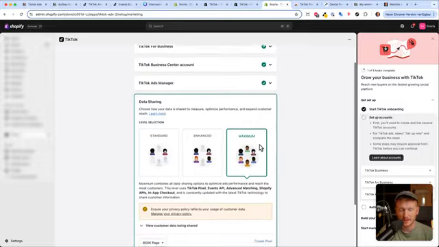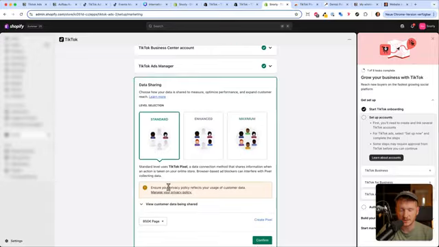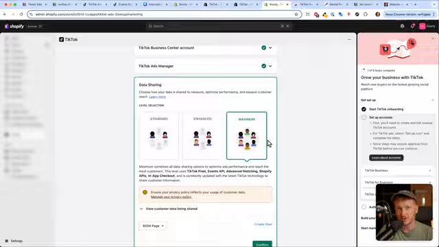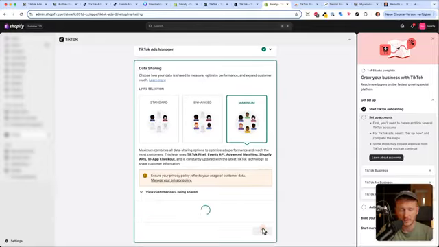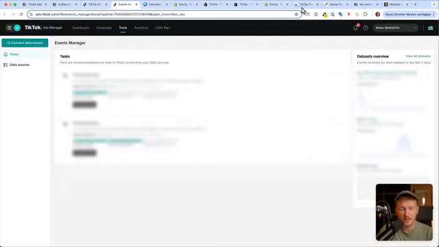And down here, you need to select how much data you want to share with TikTok. So please talk to your data policy guy. It is highly depending on your privacy policy. But if you choose standard, the TikTok Pixel will get less data. If you choose maximum, the TikTok Pixel will get all the data which is available. And then click confirm. And now the TikTok Pixel is connected, but you can also double check this by installing